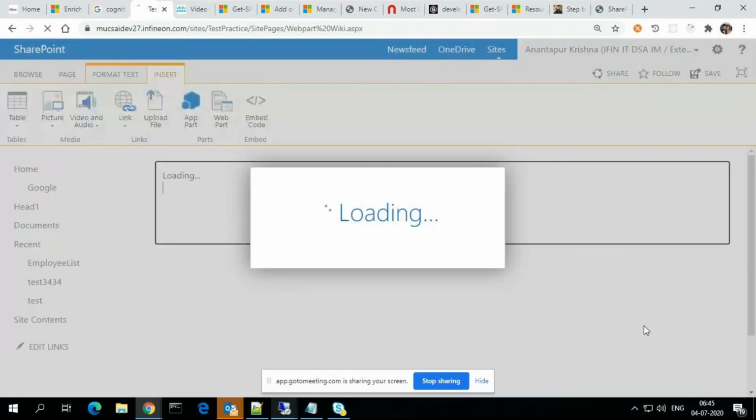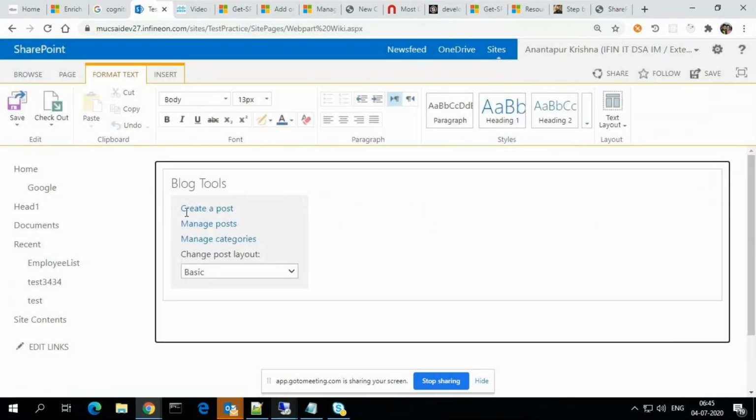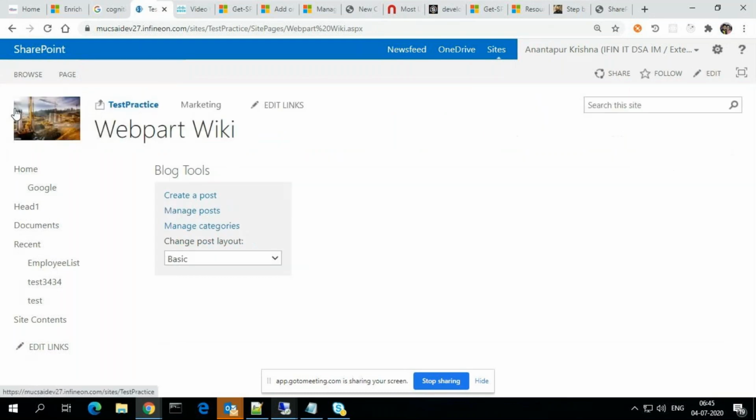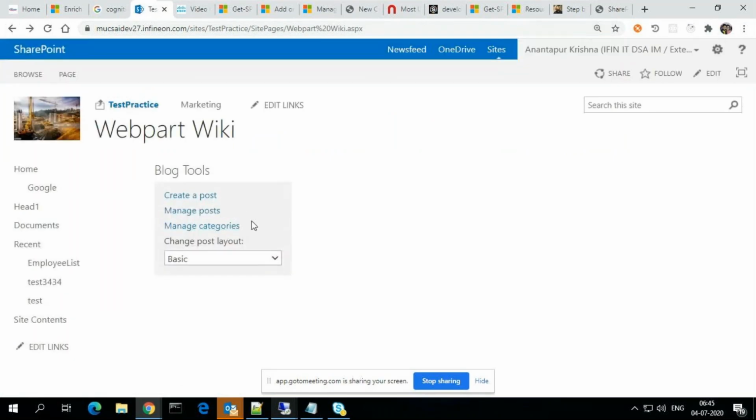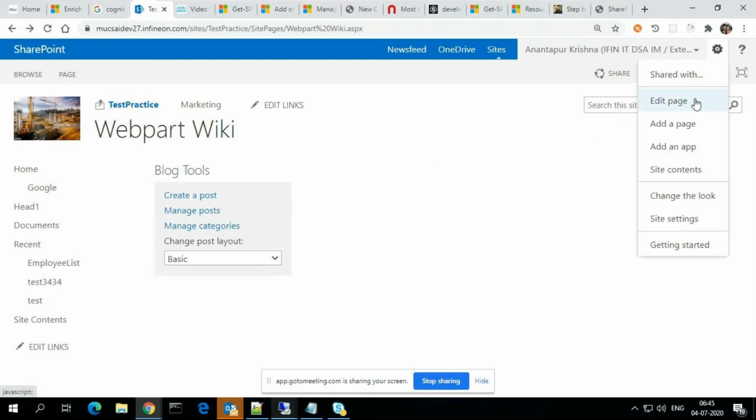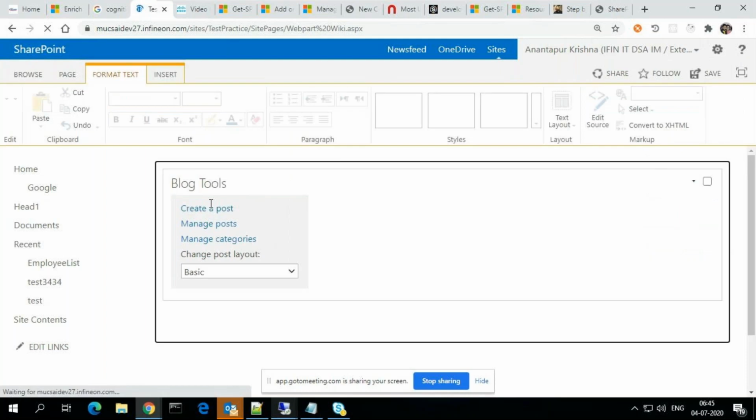If I add this, I can maintain a blog like this. Suppose I save this page. Create a post, it is saying that basically we haven't created anything right now. So once we create this configuration and all, it will come as Blog Tools like that.